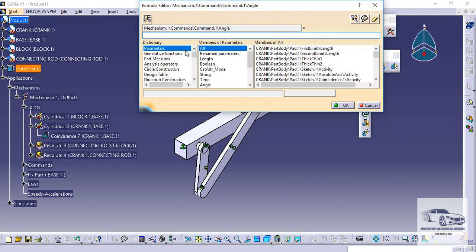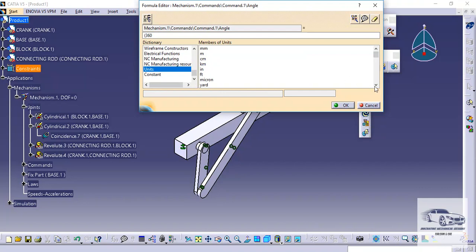Now here we have to define the relation in this manner, that is 360 degrees. So for inserting the unit, here I will go to units, and in units we can search, that is degree per second.